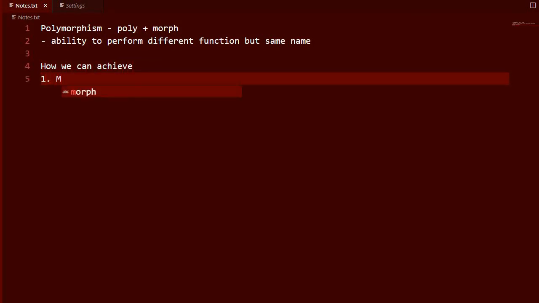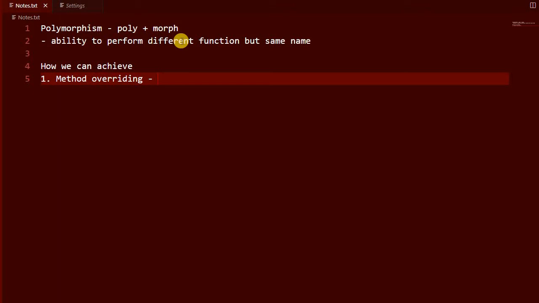One, by method overriding. What is the meaning of method overriding? Suppose there is a base class which has one method. Let's take the example of a document. A document can be a Word document, or it can be a PDF. But the print functionality will be the same. So we can create one class, Document, where there is one print method. We don't want to implement it here, because printing a PDF is done differently from printing a Word document.